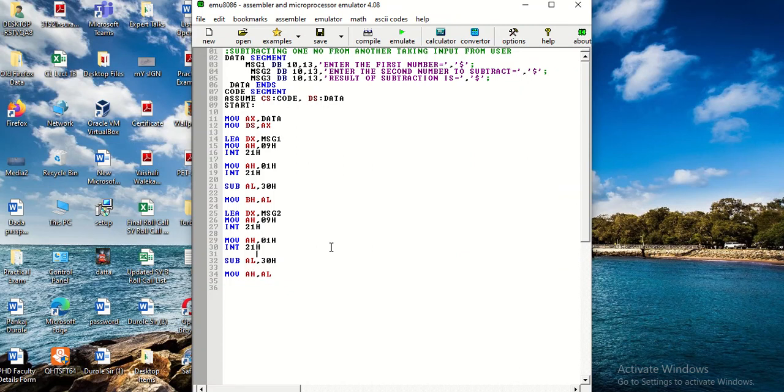So you can see that the first number is moved into bh, the second number is moved into ah.